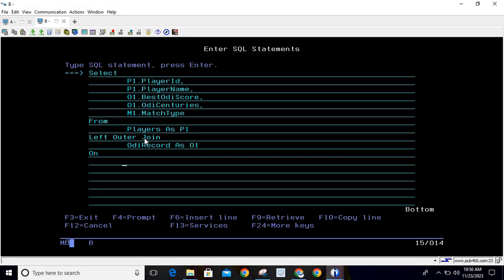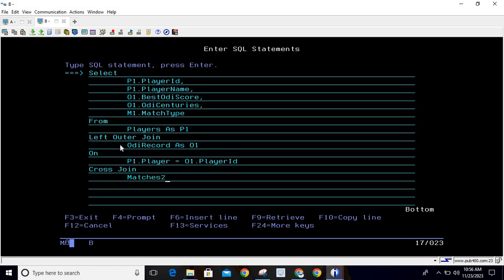So we need one common column on which we can apply this. So I will write p1.player_id = o1.player_id. So this is one thing. Now whatever output it fetches, we have to cross join it with another table. So I will write cross join or Cartesian join with my next table,